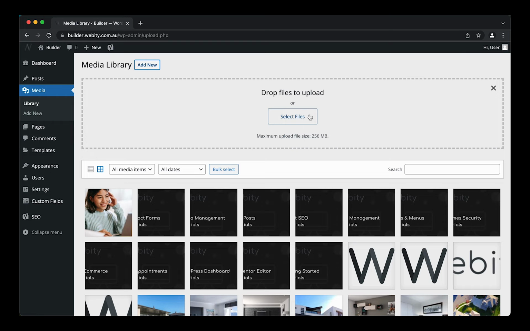Topic 3. Media tips. Try to keep imported media files small in size to ensure that your website runs as fast as possible. Delete media you're not using on your website to reduce website storage and inode